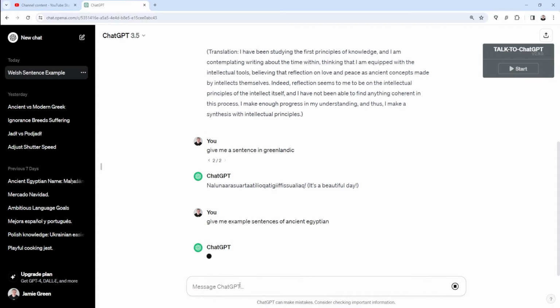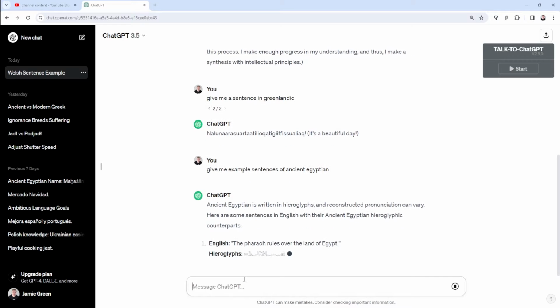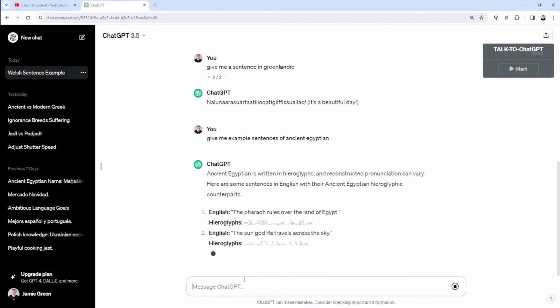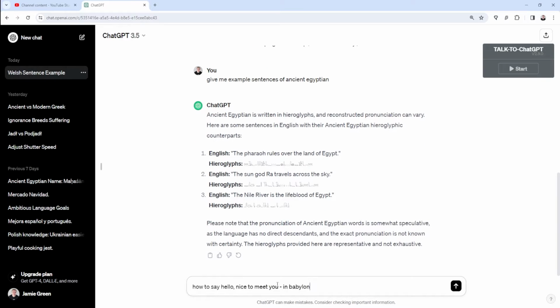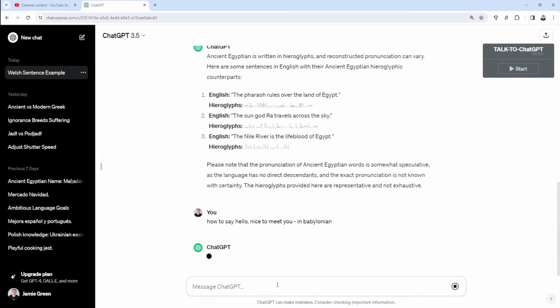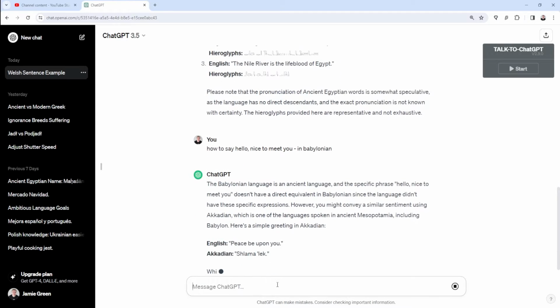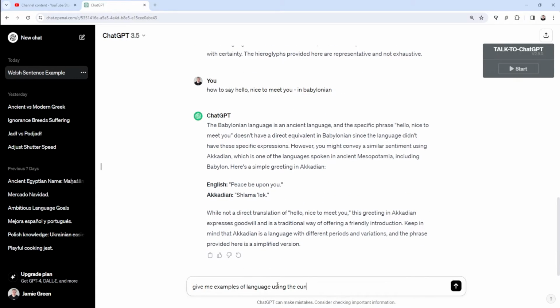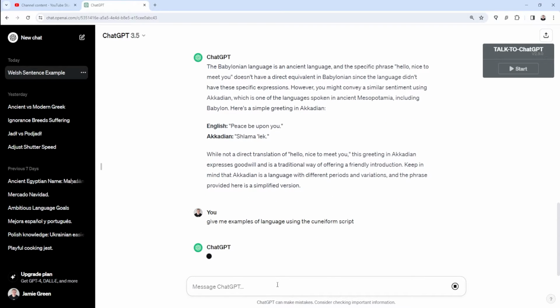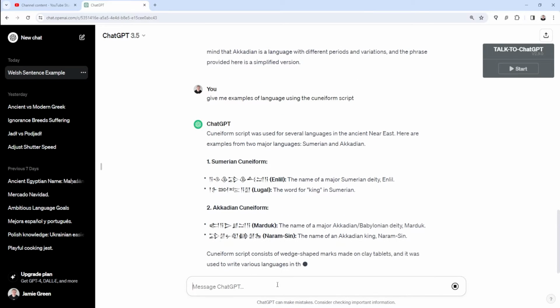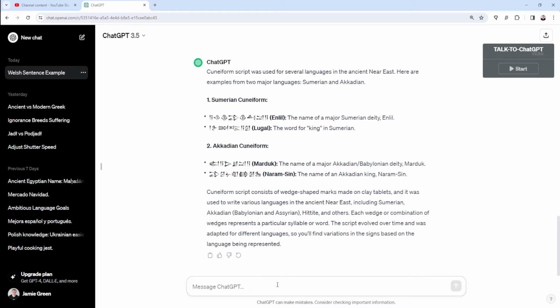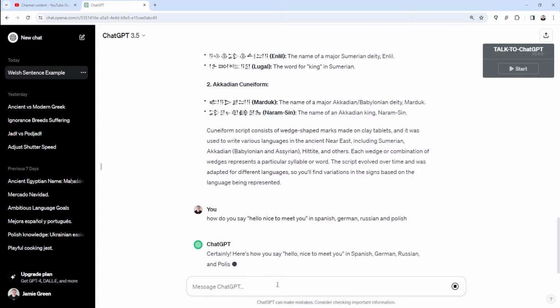The good thing with ChatGPT is it has a library of so many different languages. It is hard to find a language that ChatGPT doesn't have knowledge of or isn't able to translate into. I literally have used ChatGPT to give me sentence examples in languages such as Manx, Welsh, Albanian, even ancient Egyptian and Babylonian, as well as a whole bunch of other unique and lesser studied languages. If you are studying a language which is not a mainstream language, not one that is on many, if any, language learning apps, then something like ChatGPT will be a good resource for you.